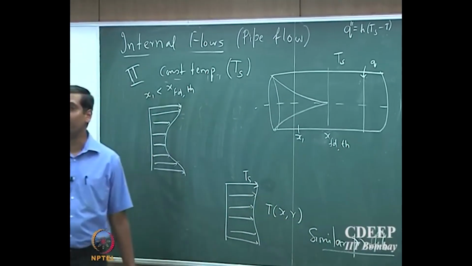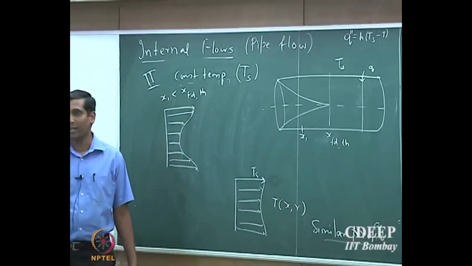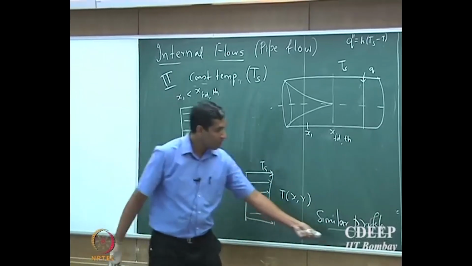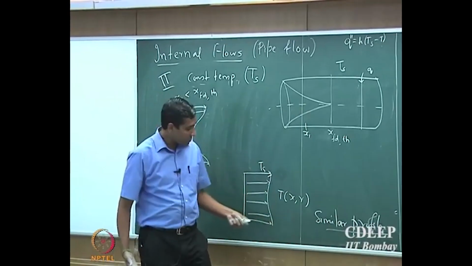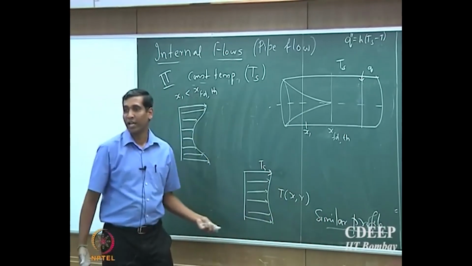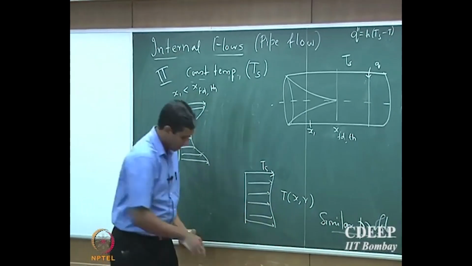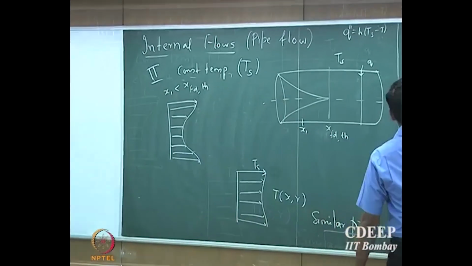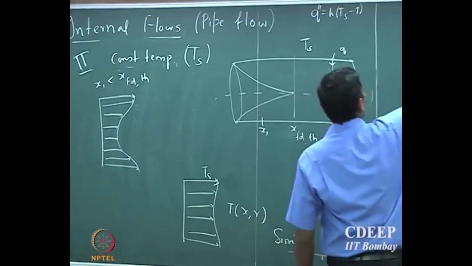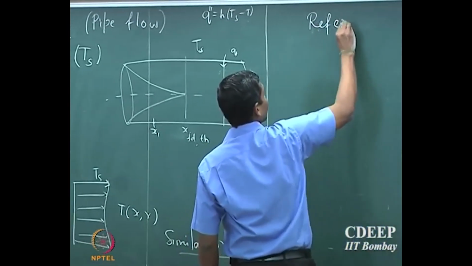This is fundamentally different from what you saw in the momentum boundary layer, but we will see that because of the similarity or the profile is similar, you will see that there is some intuitive way by which you can actually solve this problem. So in order to define similar profile, we need to define a reference temperature,